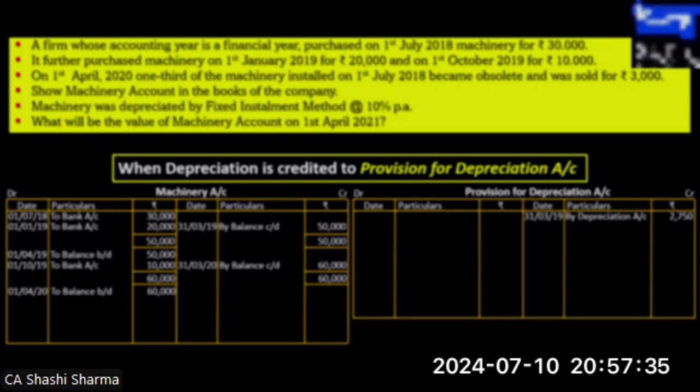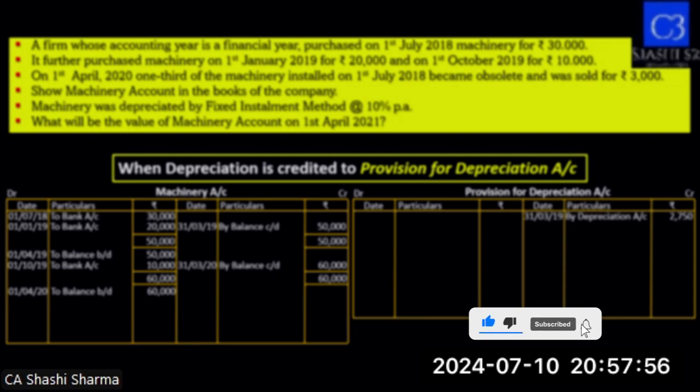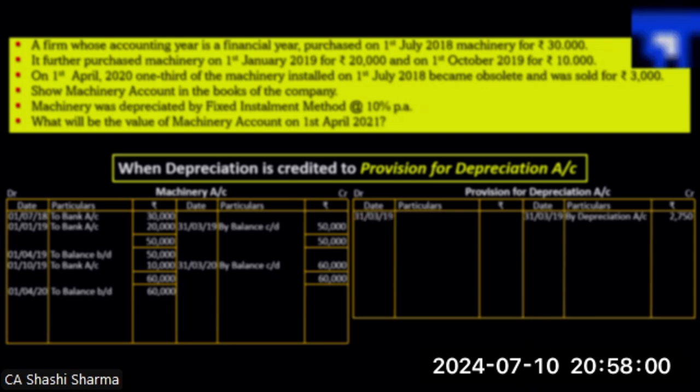So look at these two accounts. In the previous method, this depreciation was credited in the machinery account itself. But in this method, the depreciation has been kept in a separate account, provision for depreciation account. And this account will also be balanced in the first year to balance CD,